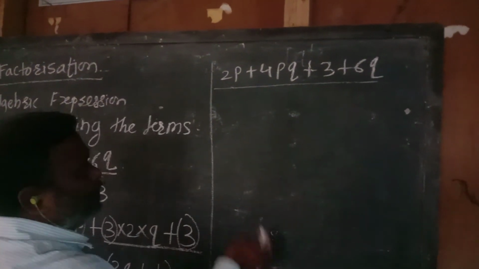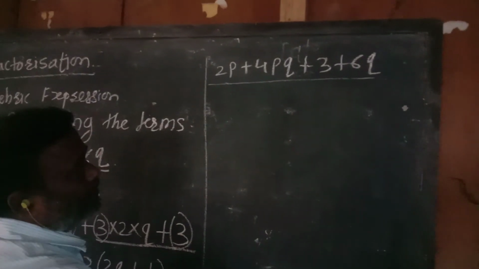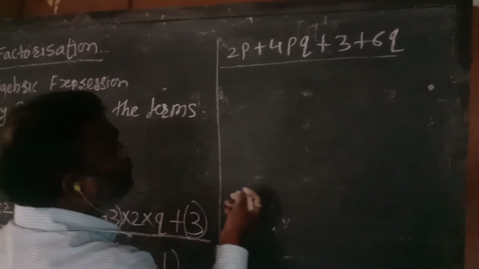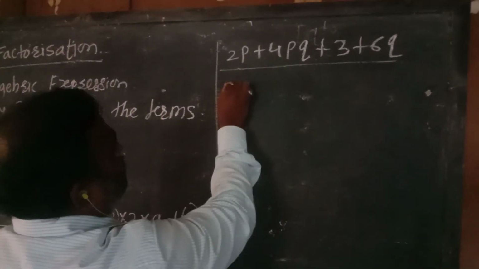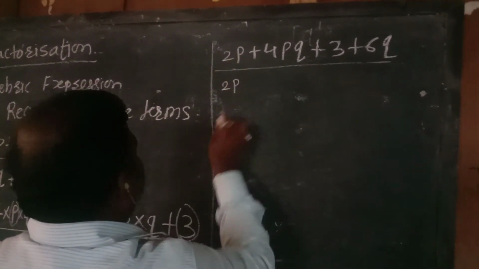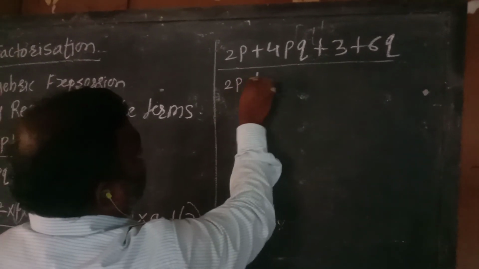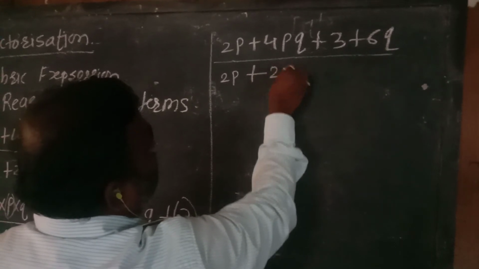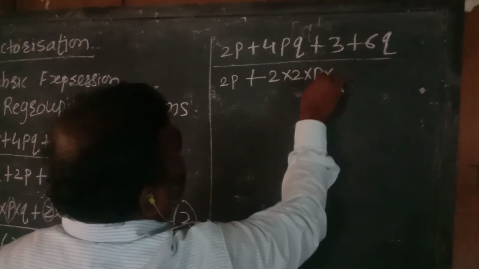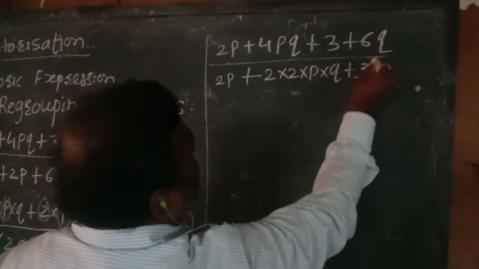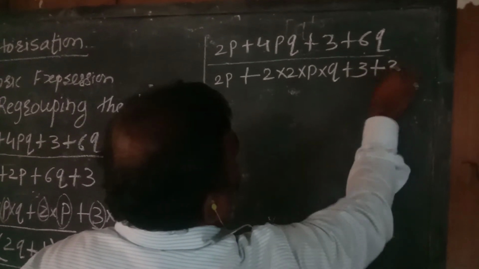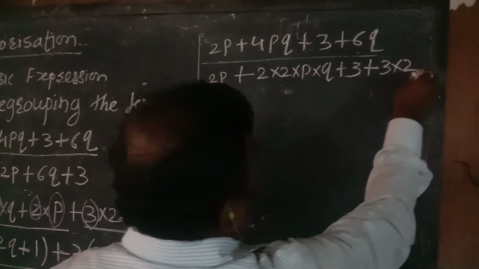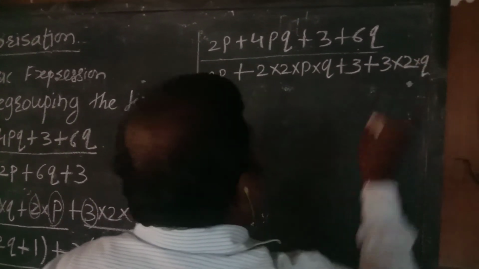अब यहाँ पे सेम प्रॉब्लम है, मैं दूसरी मेथड से सॉल्व कर रहा हूँ. अगर कोई कहता है मैं इस प्रॉब्लम को कुछ अलग तरीके से सॉल्व कर सकता हूँ तो कर सकते हैं आप, क्योंकि इसमें सिंपली आगे फर्स्ट मेथड तो सेम ही फैक्टर निकालना है. 2p के फैक्टर आएगा 2p. सिमिलरली 4p की फैक्टर आएगी 2 इंटू 2 इंटू 3 इंटू q. Similarly 3 we have to put as it is. For 6q we have to put 6 as product of prime factors 3 and 2 and simply we have to put it as it is.